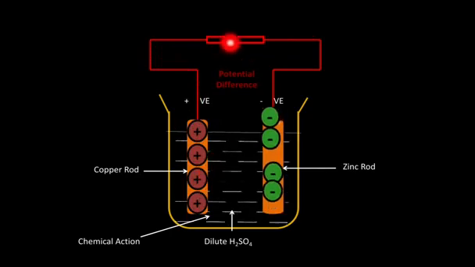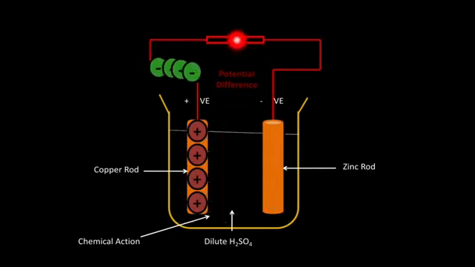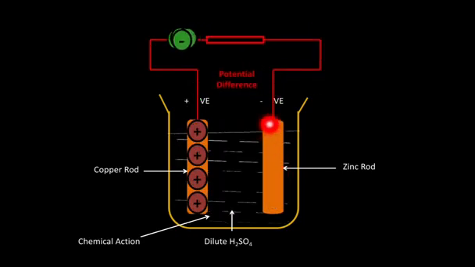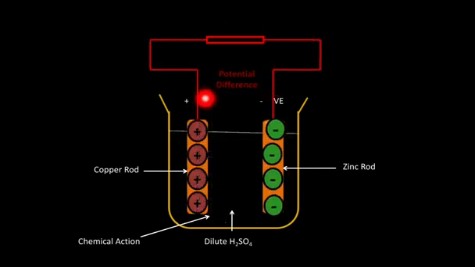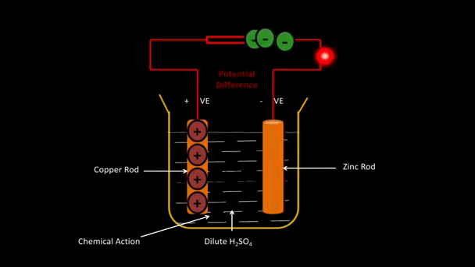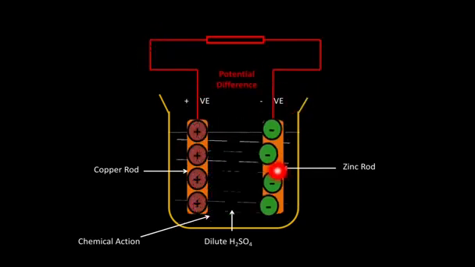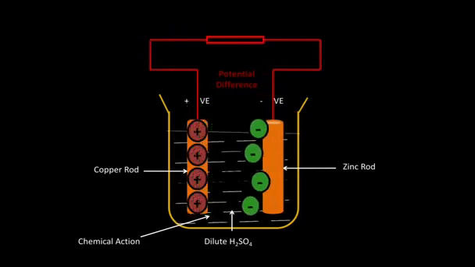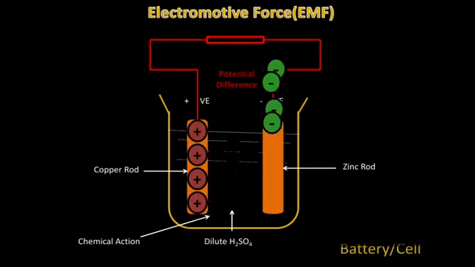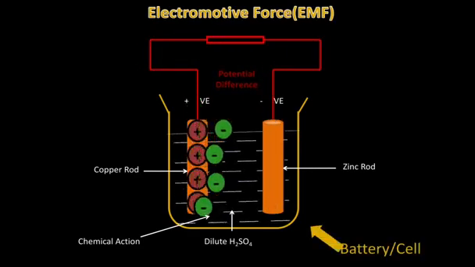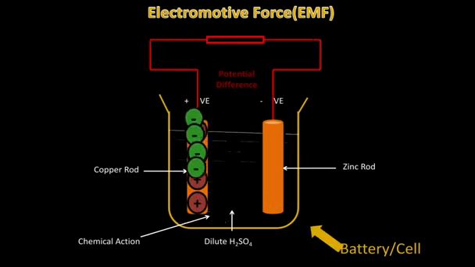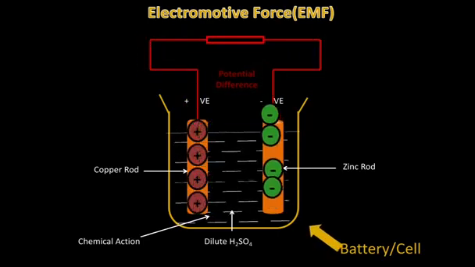So when we connect this battery onto this wire or conductor, the current is flowing. Why is current flowing? Because electrons are moving in one particular direction, so we can call it a flow of current. So this is electromotive force, and because of this electromotive force there is existence of potential difference. This is the working of a battery or cell. I think the idea is clear what exactly the electromotive force means and what exactly the potential difference is.